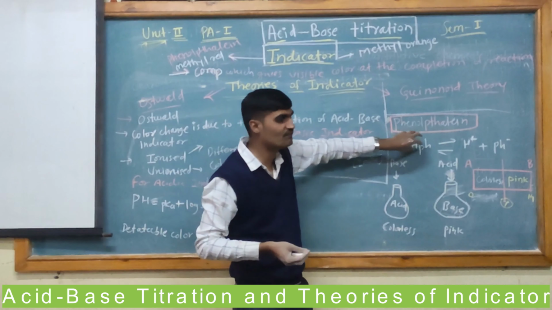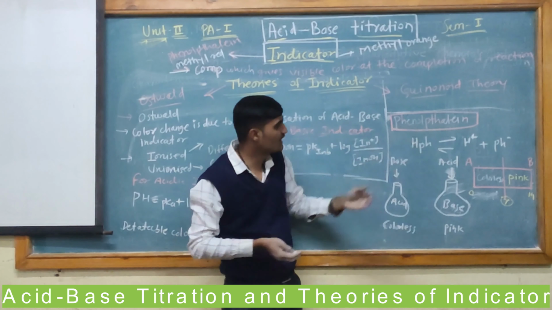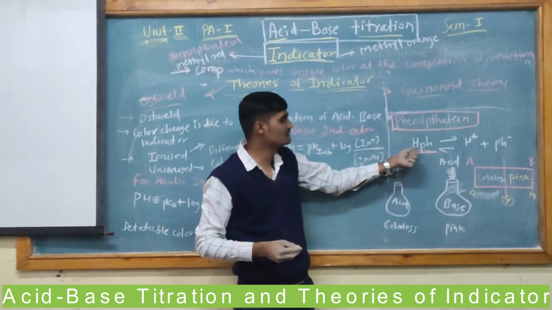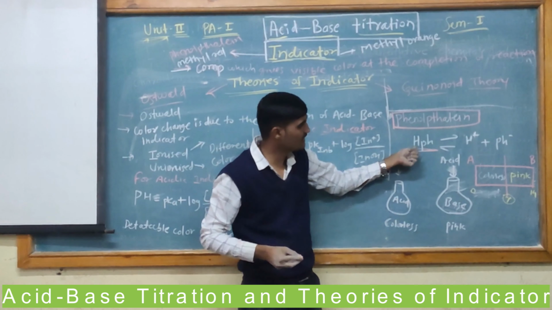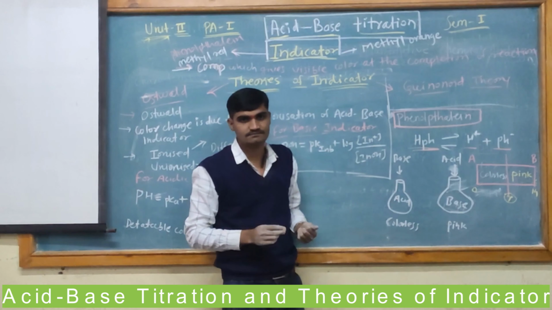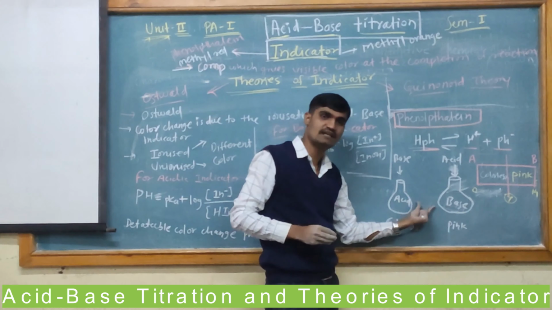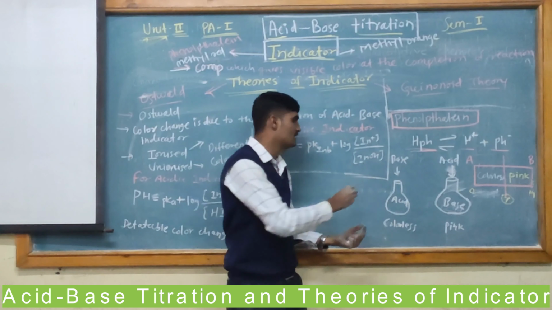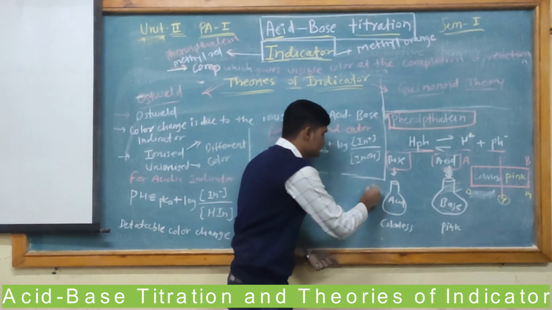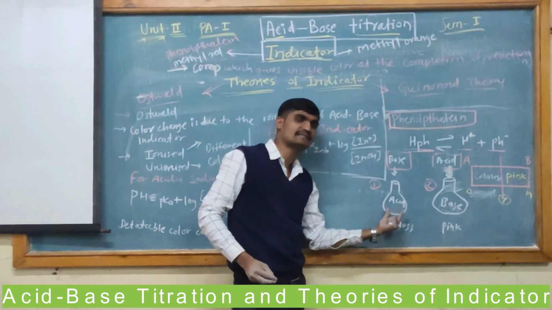Here we take the example of phenolphthalein. It is weakly acidic in nature and is denoted as HPh. There are firstly two conditions. Suppose in the burette it is base, this is the first titration. In the second titration, the burette has acid. In the first titration, we are taking acid in the conical flask.